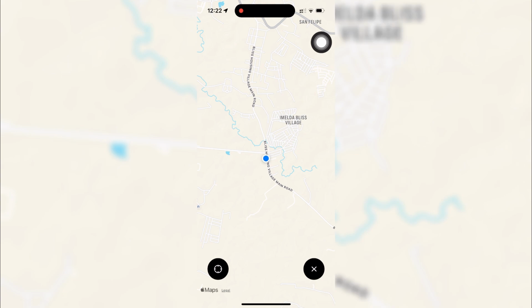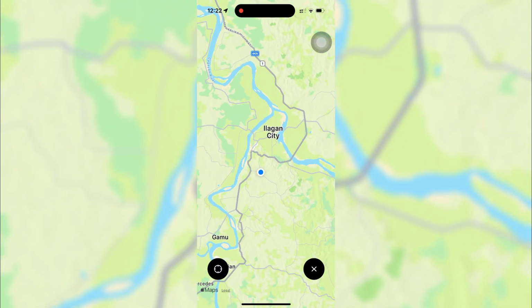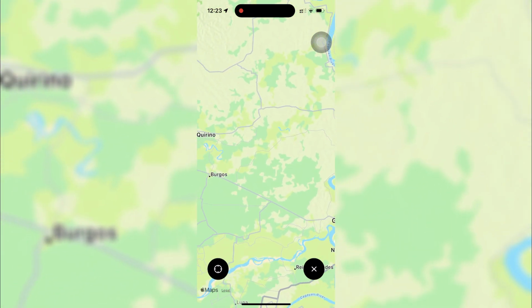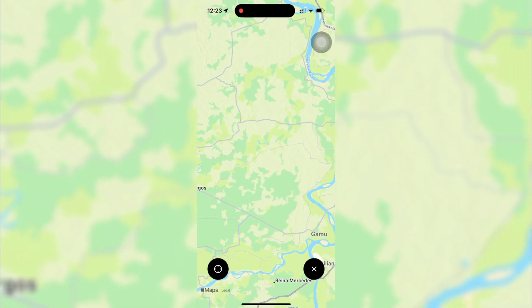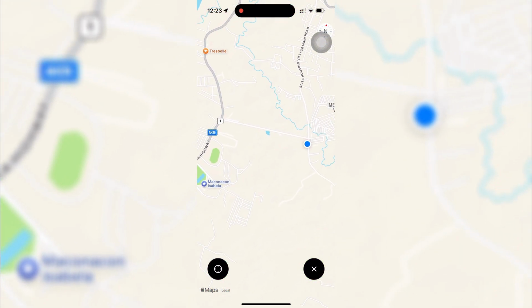And there you go. It will show your current location and route if you're already running or planning to start soon. It is a great way to preview your path or just see where you are before you hit the road. When you're done looking at it, just tap the X at the lower right corner to close the map